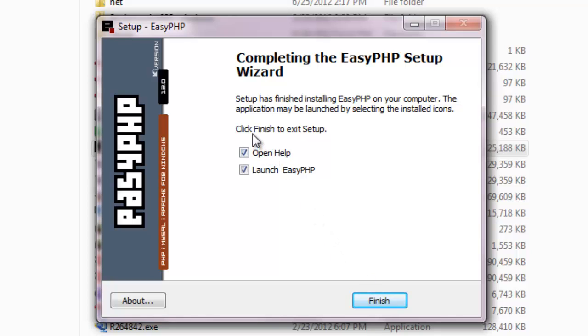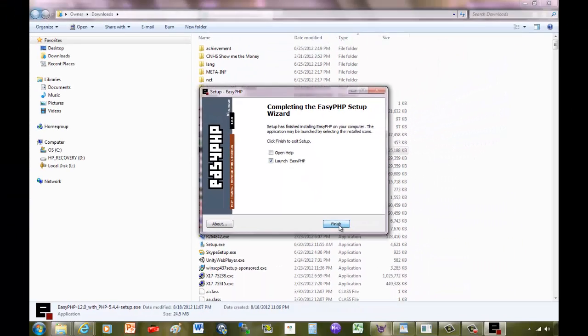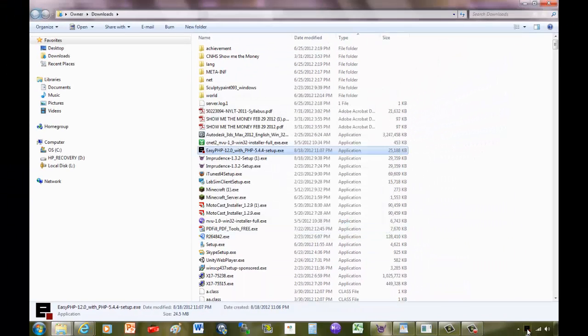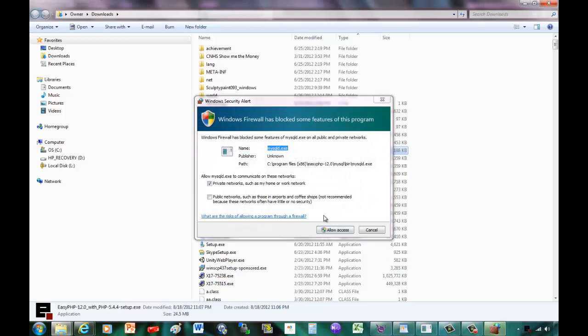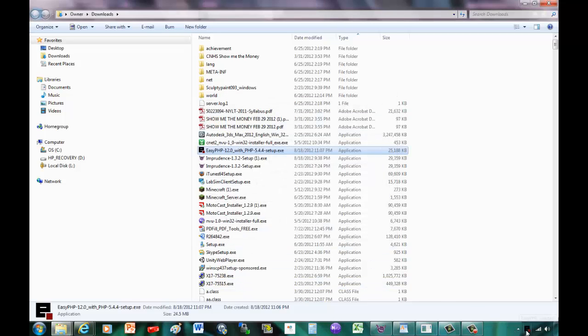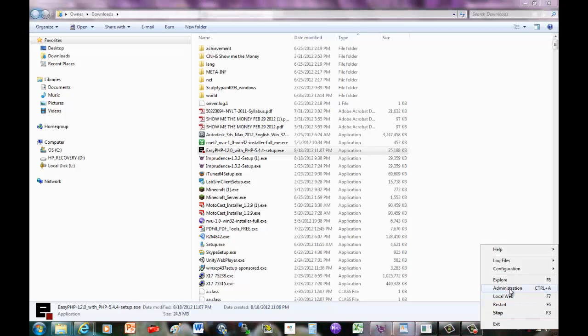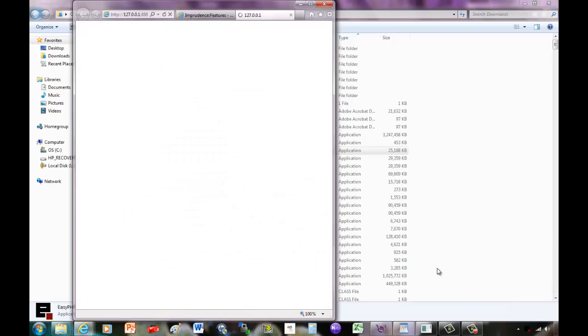Okay, so we're going to click Finish. We don't have to open help, but we're going to launch EasyPHP. And that gives us an icon down here in the corner. We're going to let that have access. First thing we're going to want to do is click on that icon, and we're going to go to Administration,